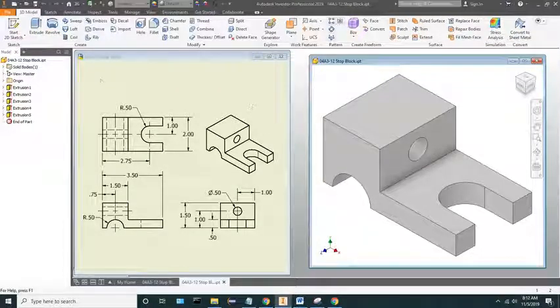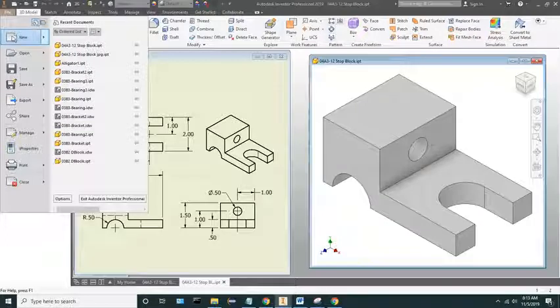We're going to do the drawing, the multi-view drawing with dimensioning of this stop block. It makes it a little easier if you have the part file open when you go to create the drawing file. We're going to start with File, New,